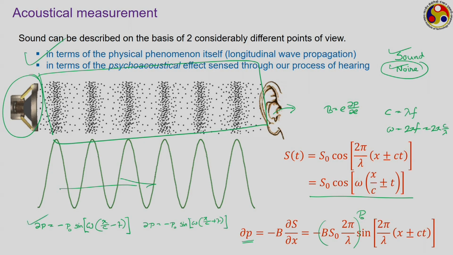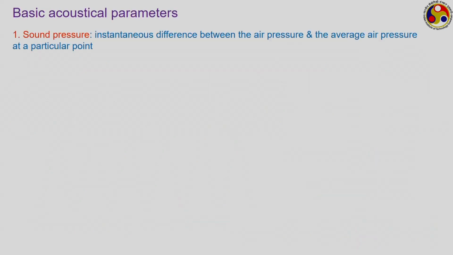Let us stick to this particular form, and with this let us define a few parameters which are commonly used for any kind of acoustic measurements, which are the basic acoustic parameters. The first one is the sound pressure. The term sound pressure refers to the instantaneous difference between the air pressure and the average air pressure at a particular point. That is, average air pressure is before, when it is not subjected to sound wave, and the air pressure is the one when it is subjected to a certain kind of sound wave, and this difference is